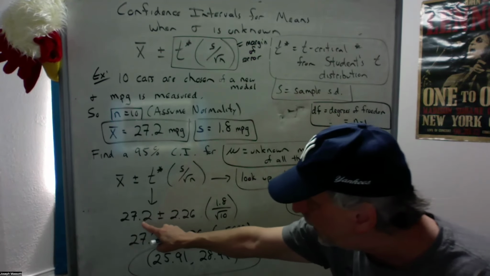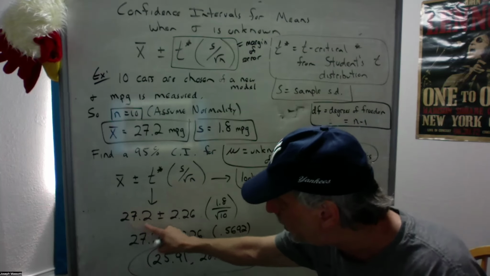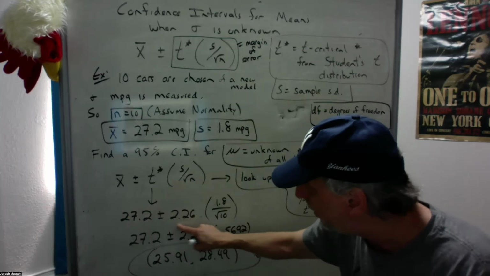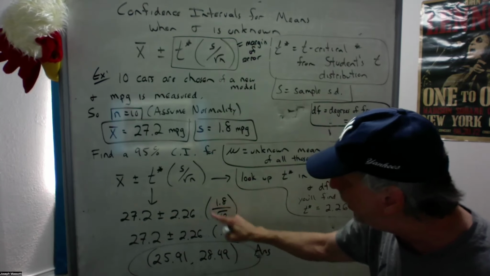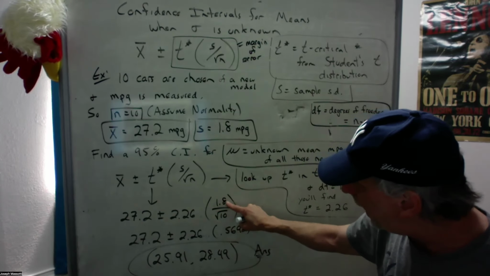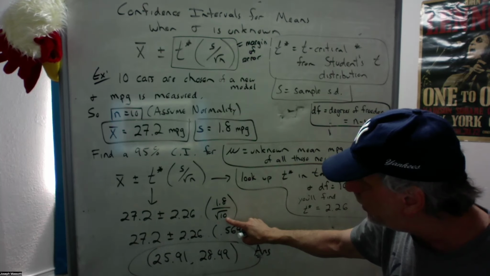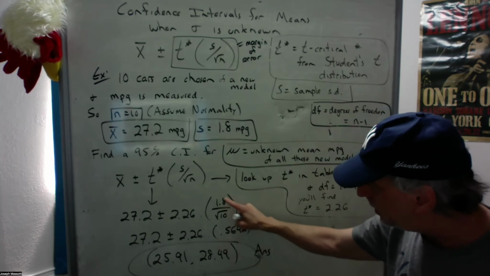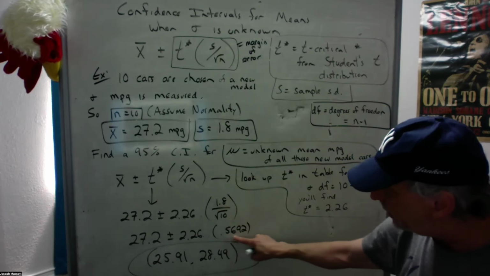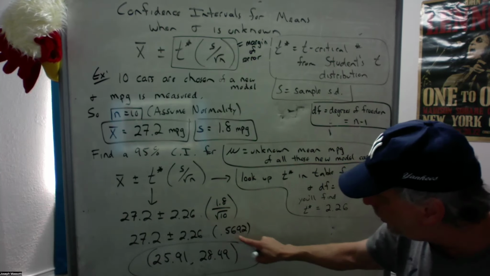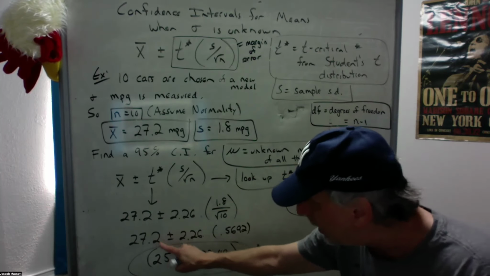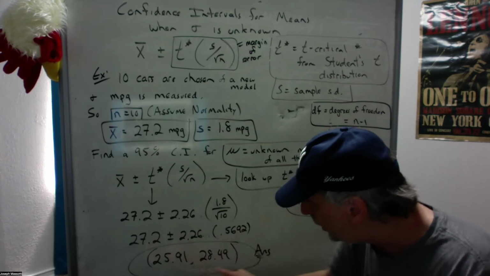Now we just plug everything in, center of our confidence interval, plus and minus this many standard errors, S over the square root of n. If you get this number, you're going to see it's going to be this. You multiply the 2.26 times this and add and subtract to the center. You should get this